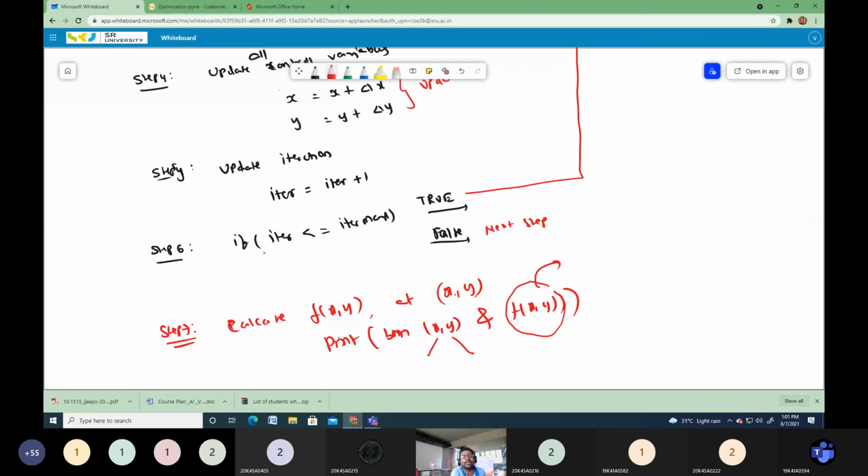Once it reaches iter max, it comes out of the loop. No need to check the condition separately. Whether you use a while loop or a for loop, the loop itself checks the condition.